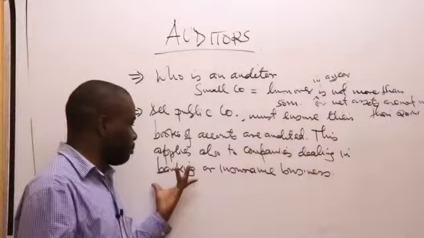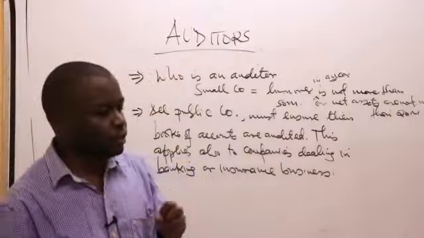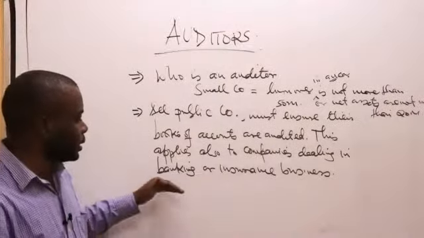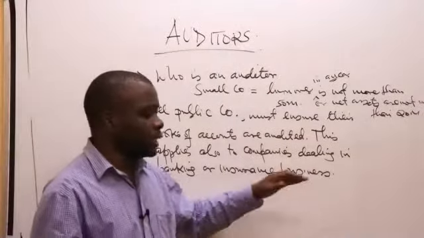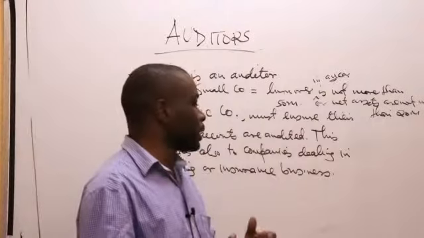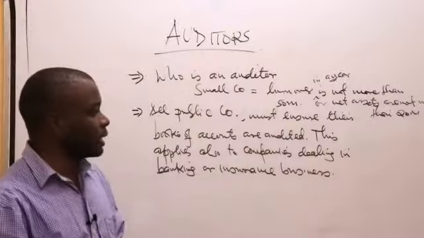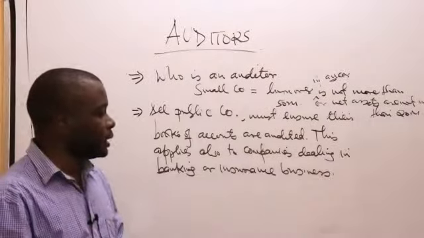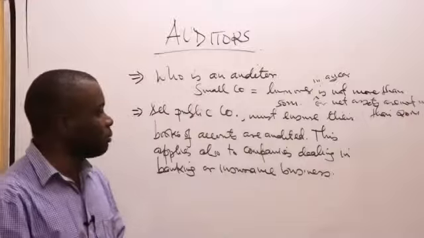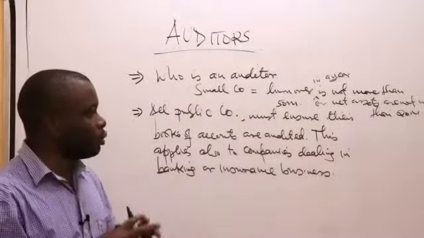Mostly you find that banks have money for their customers. You deposit your money there. So that money should be protected, because there are several people who have an interest in banks and also insurance. With insurance businesses, you give them your premiums. If they don't provide audited books, how will you be able to ascertain that this company still has our premiums, which are safe? So for banking and insurance business, they must ensure that their books of accounts have been audited. So that is with regard generally to a company auditing its books of